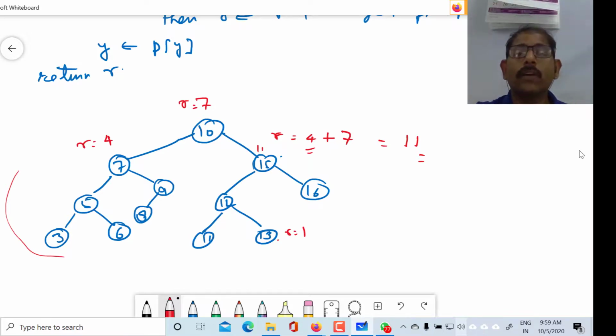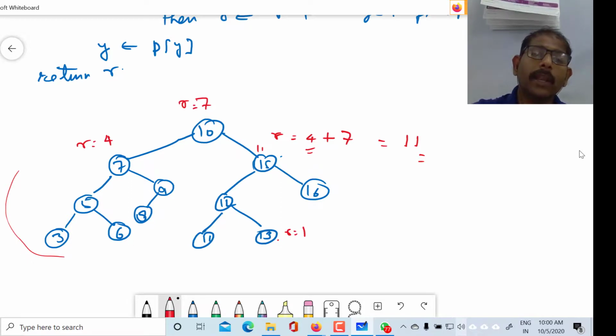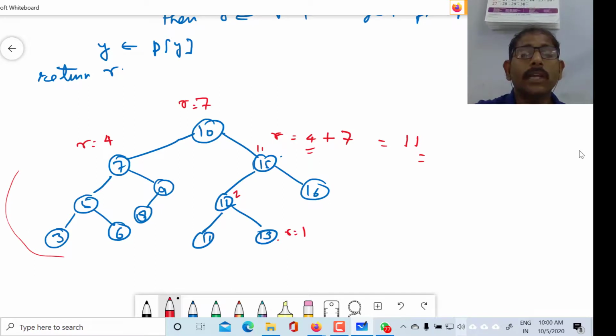First of all, we calculate the rank of its parent. The rank of its parent is the size of the left subtree plus 1, so its parent's rank is calculated as 2. So you will say that its rank is 3. No, again this is wrong.